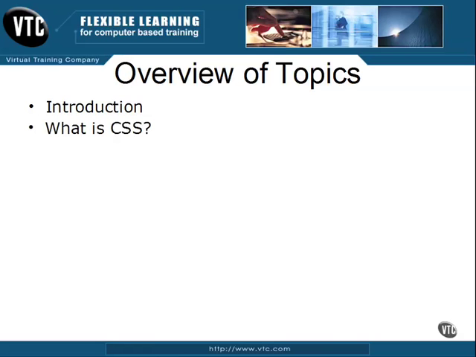After we get done with that, we're going to take a look at what is CSS, and we're going to provide a definition and see how it works with some of our other web technologies. We're going to follow that up with a section on CSS basics. So here we're going to look at the syntactical nature of CSS, as well as how we can implement it